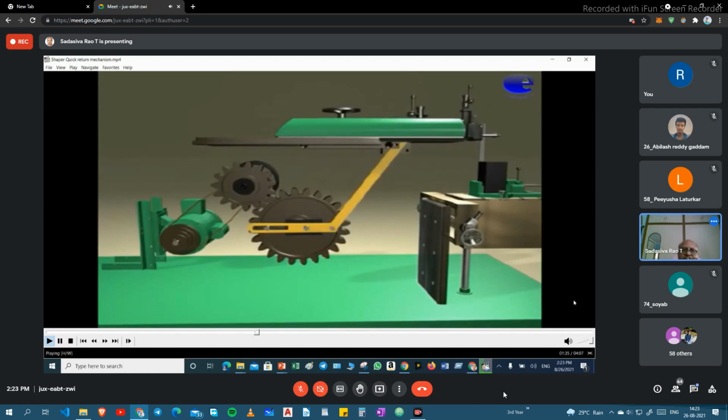The sliding block slides on the slot provided on the crank plate. This crank plate is pivoted at the point S eccentrically. The connecting rod connects the crank pin with the ram.